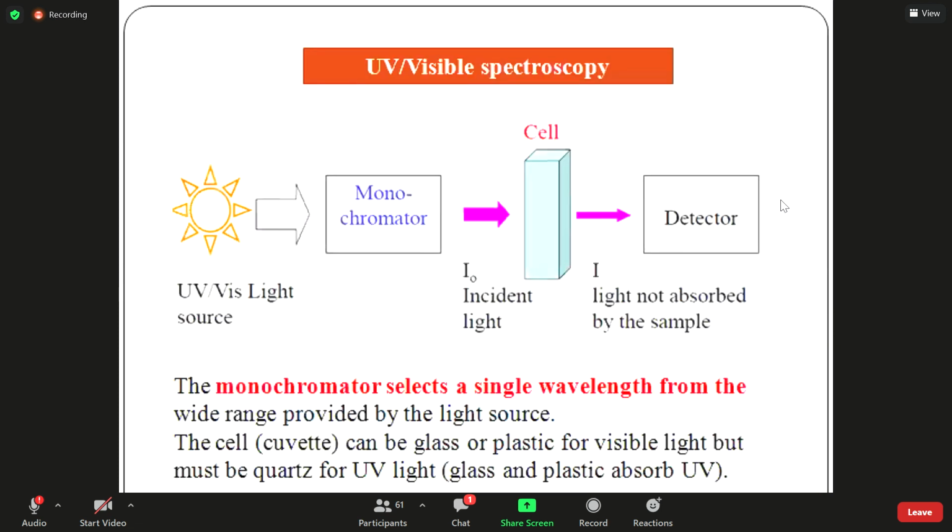So next, we are going through UV visible spectroscopy, the very basic spectroscopy, which falls under absorption spectroscopy. What are the components of any UV visible spectroscopy? Have you seen any UV visible spectrophotometer? I don't think so. In your class 12 level, it was not there, right? No, ma'am. Okay. So do you know what is the purpose of using this? Any idea? Why do we use UV visible spectroscopy?